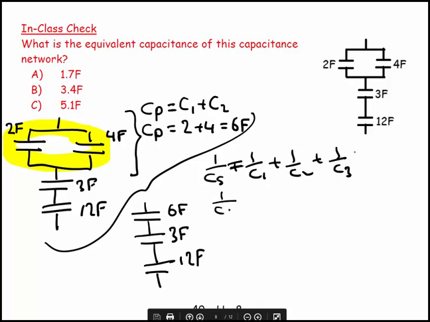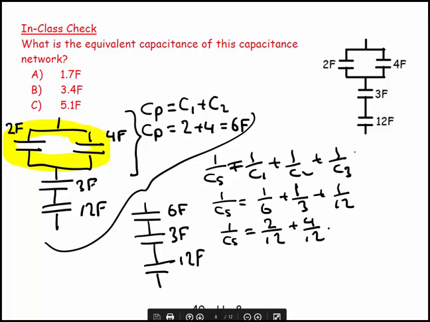So 1 over C series is equal to 1 over 6 plus 1 over 3 plus 1 over 12. So 1 over C series is equal to 2 over 12 plus 4 over 12 plus 1 over 12, which equals